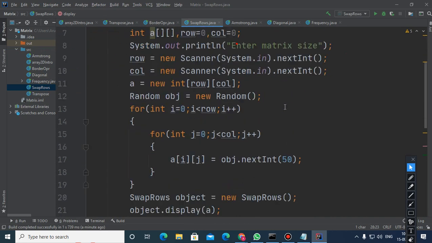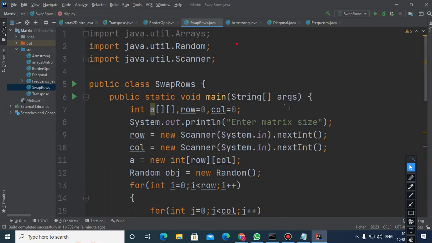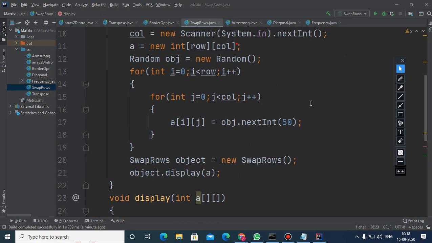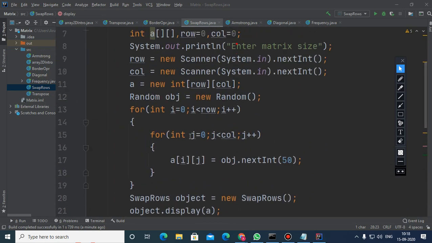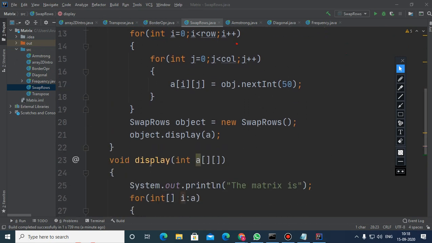Okay. Now I would like to do the question which I gave last time. Children, shall I proceed? Okay, now children, this is how we have filled the matrix, and this time I am not going to use this.